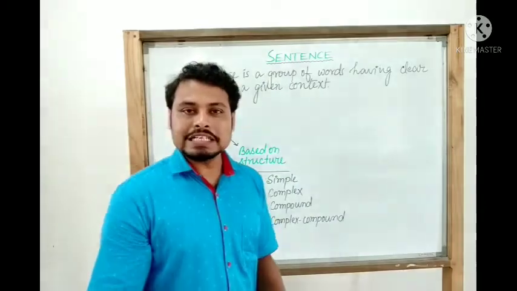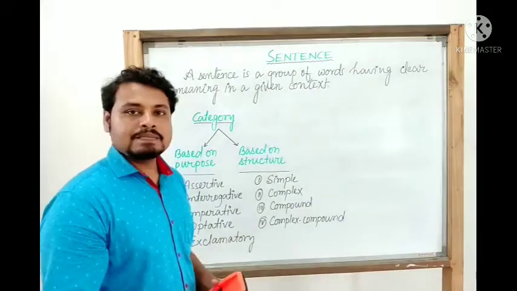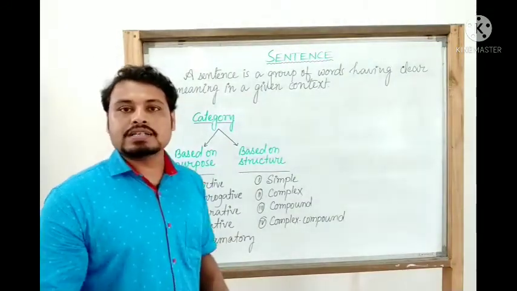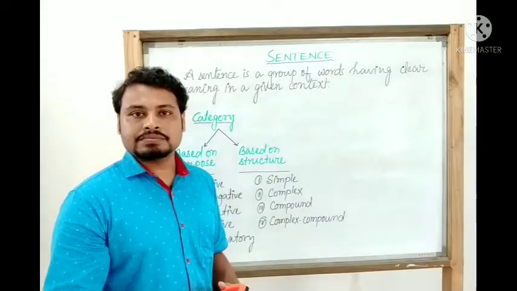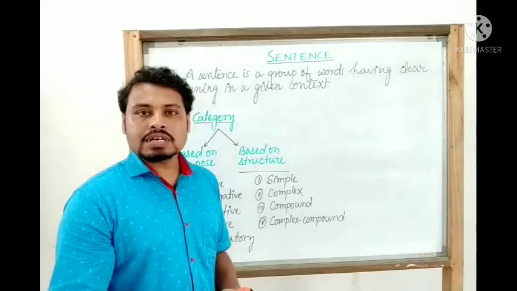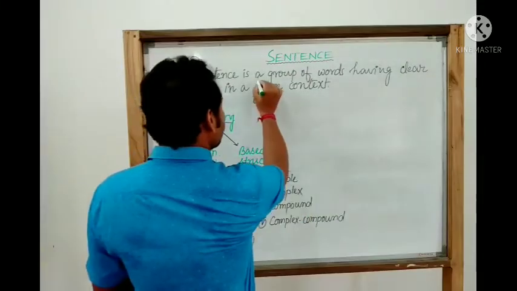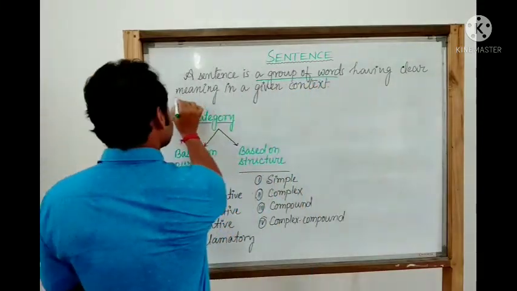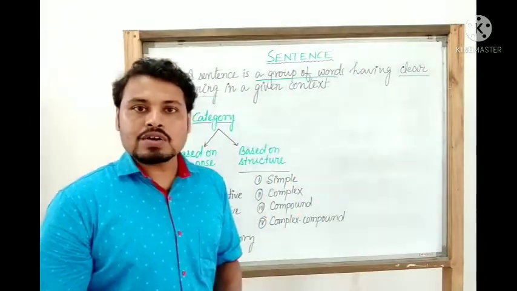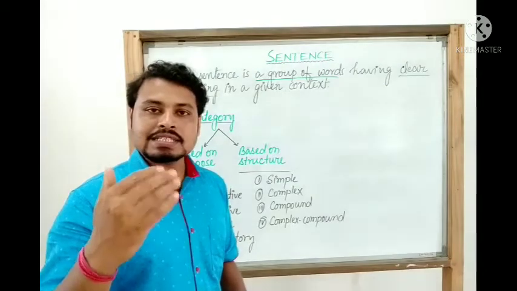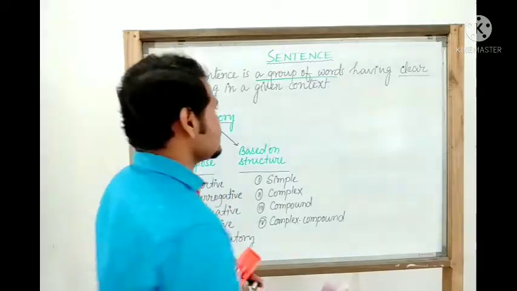So what a sentence is, first let us come to know. As you can see from the very definition, a sentence is a group of words having a clear meaning in a given context. So you need to keep in mind two things here. One is a group of words and a clear meaning. When we are talking about a group of words, sentence doesn't only mean the group of words. If we write like this,